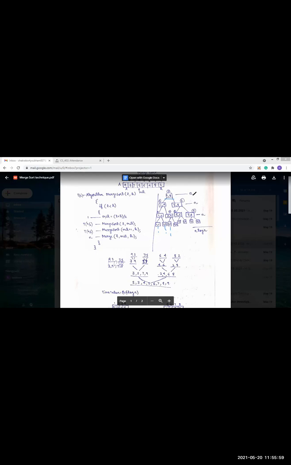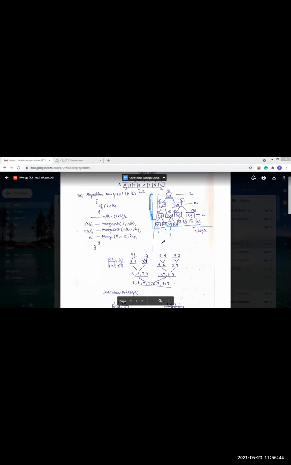And you know that in our example we are merging 8 elements, and our merge sort is working on 8 elements. So how many levels are there? You can see that in this level the merging is not done; the merging is done in this level and this level. So how many levels are here? The merging is taking place in these 3 levels. If we see our example, the merging is done on these 3 levels. So what we can say is that in 3 levels, 8 elements are merged.